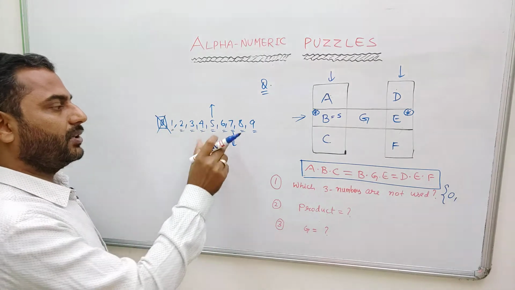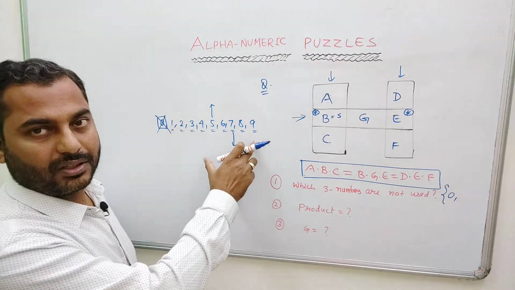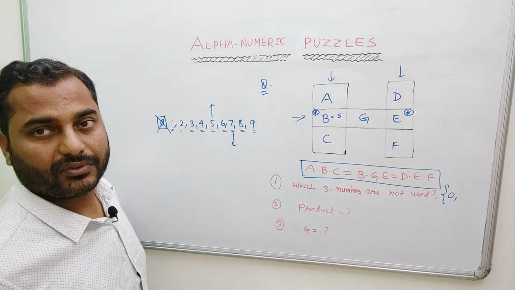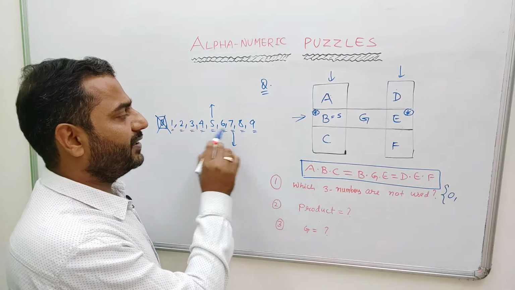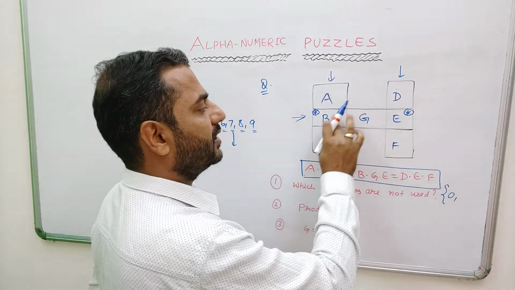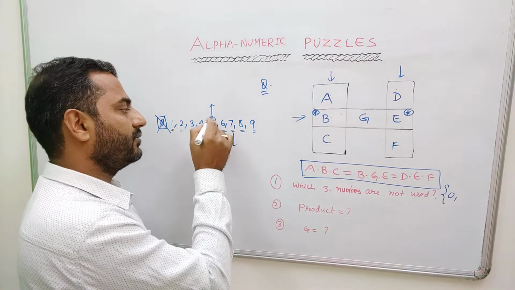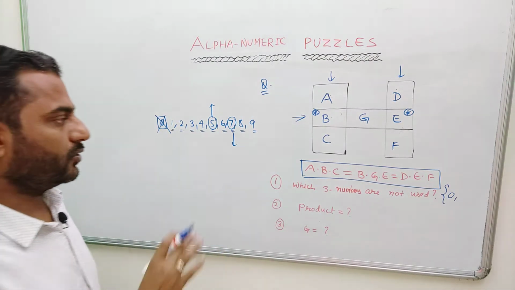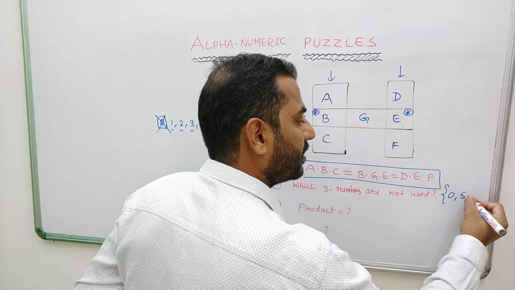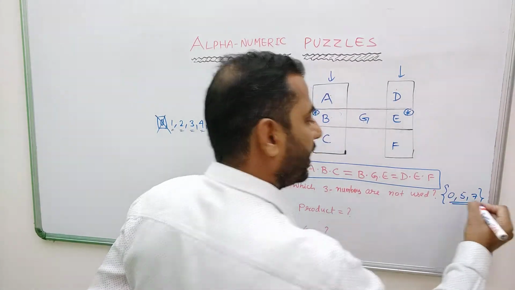7 is the only number having 7 as a factor. We don't have any other factor. The next multiple is 14. So using that logic, 5 and 7 cannot come at any of these places, because we have only one value of 5 and one of 7 in the list, and a factor other than 1 is not there. So the answer to this question will be 0, 5 and 7. I hope I am clear to you all.